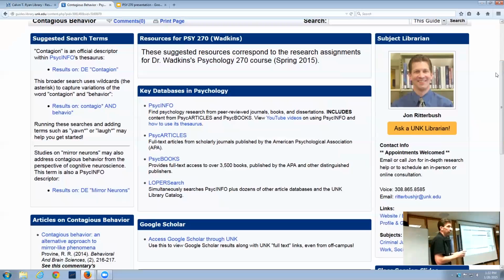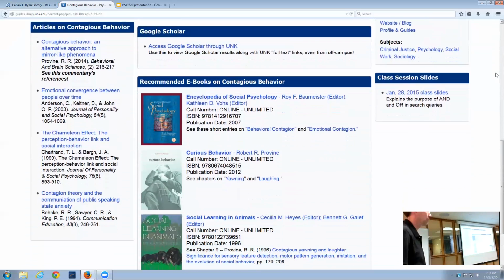And we'll experiment with this in just a few minutes here using the PsycInfo database. But what I've tried to include here are some tips. I'll do a demonstration of this in a minute. We'll kind of come back to that. Further below, on that left side of the page, again, as something of a starting point, if you don't know